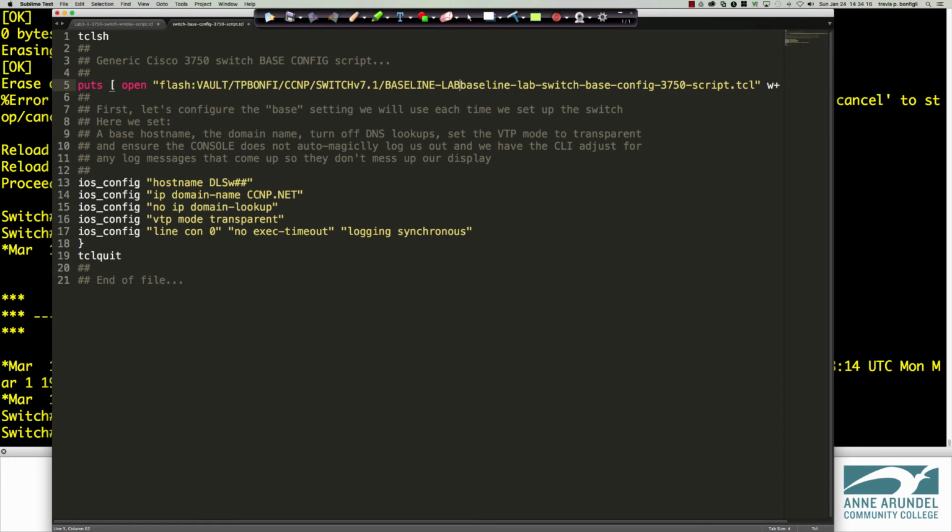and we'll just call this the baseline lab switch base config. And what does this do? Well, it basically gives us a bogus, sort of a placeholder for a name. And again, you can see the distribution layer switch. So that would be my multi-layer. If you're doing this, you may want to have one called 2960 baseline config, or for these multi-layers, 3560 baseline config,